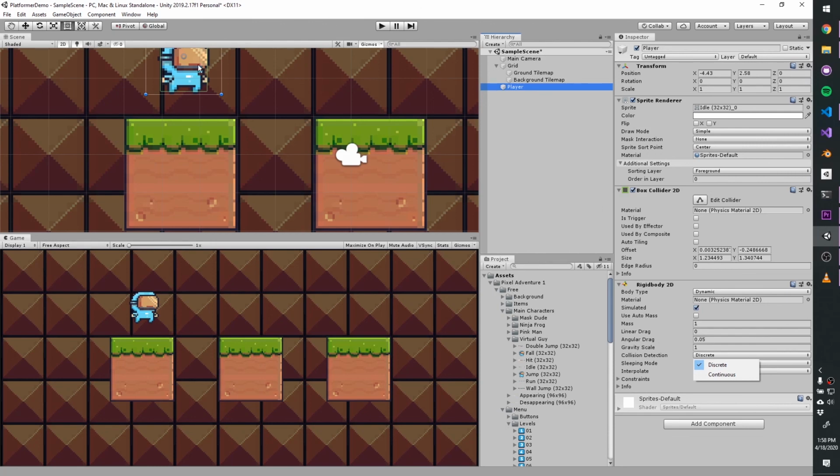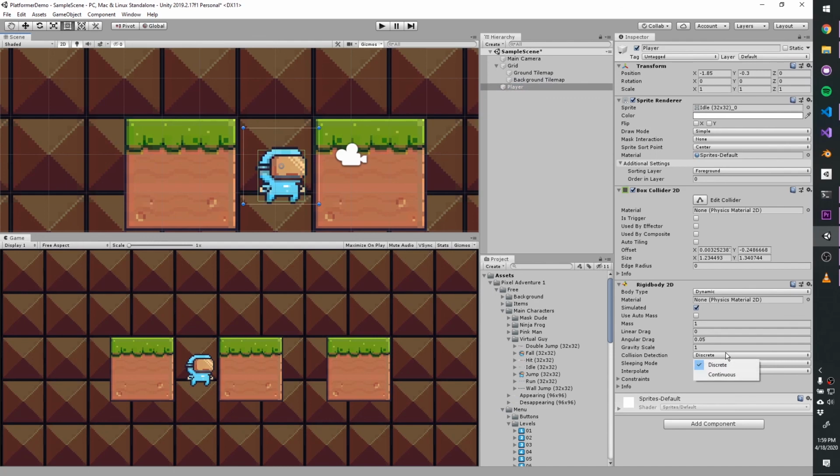So if our player is over here on one frame and over here on the next frame, the collision detection won't actually detect that the player moved through a wall. It will be as if the player has teleported from here to here, and that's completely fine to the physics engine. But for things that are fast moving, or for things where we really care about accurate collision detection,